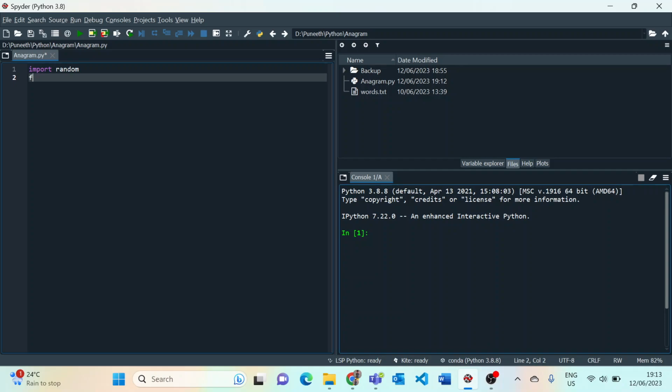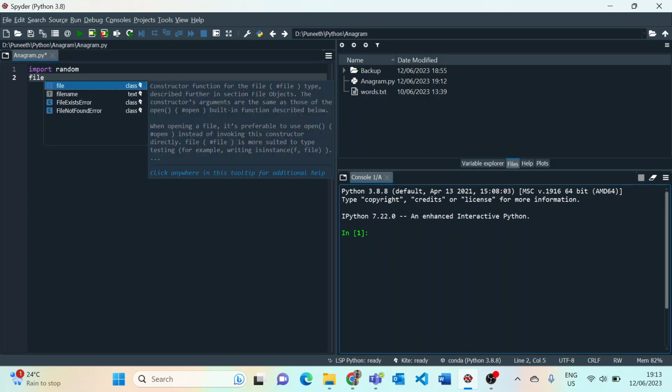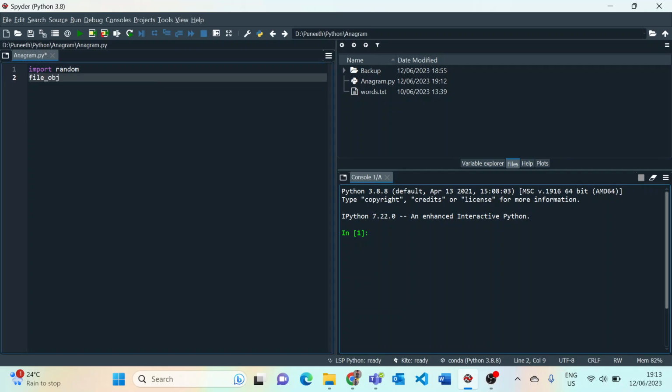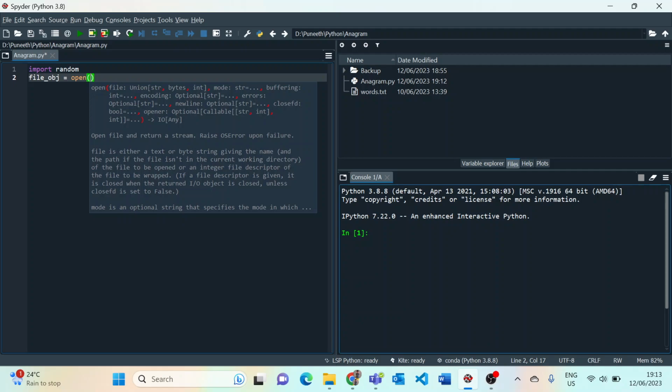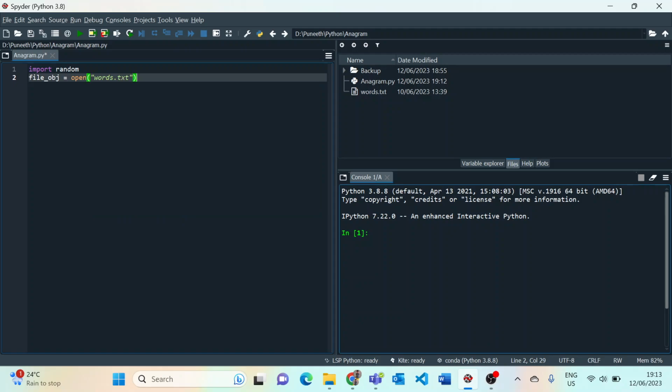Now we're going to introduce a variable called file_obj, which is file object, and then we're going to set that to open of words.txt, and this is basically just setting this file up to be in a readable format for us to extract data